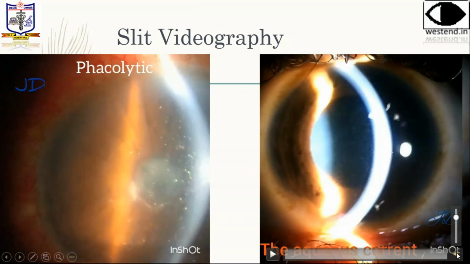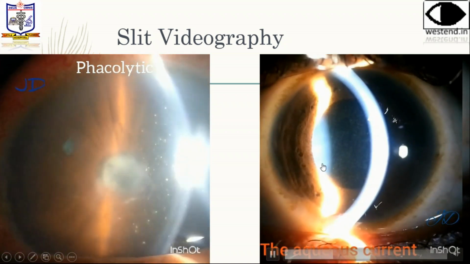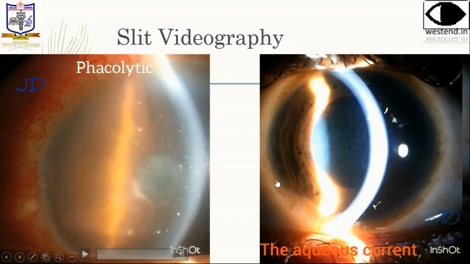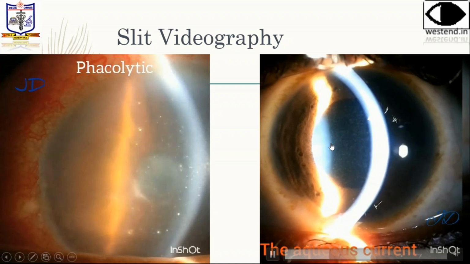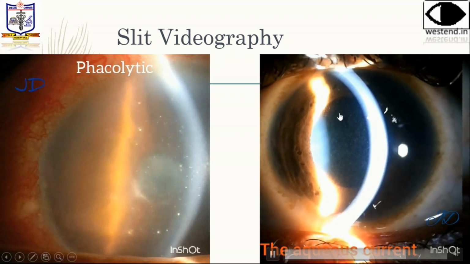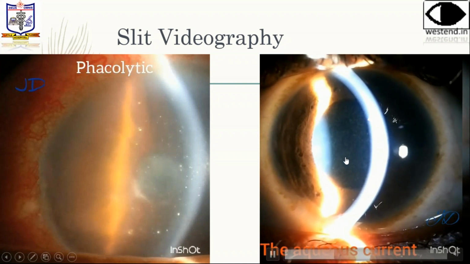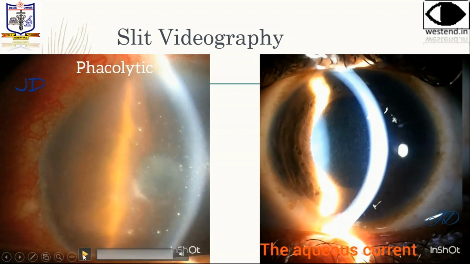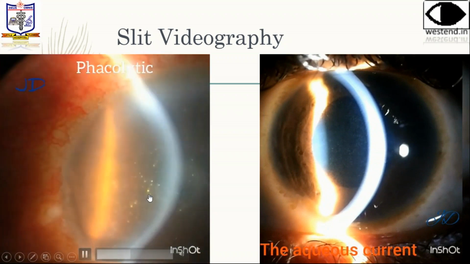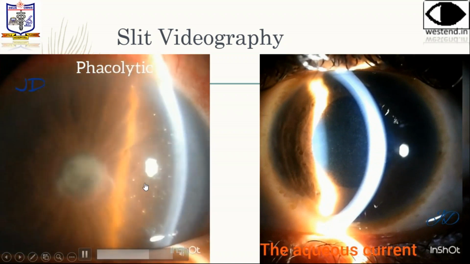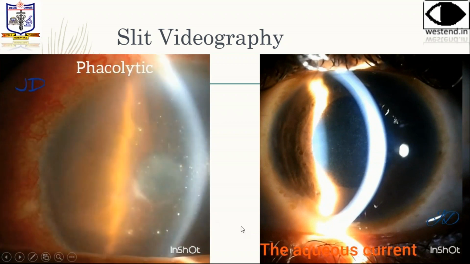This is on the left, a phacolytic glaucoma. On the right, these are the normal aqueous currents in a post-operative patient. So this is a post-op uveitis. You can see the movement of the aqueous demonstrated by the flow of the pigments in the anterior chamber. On the left, you can see the sparkling lens particles, which also follow the flow of aqueous in the anterior chamber, which is this direction. On the iris, it rises up, and at the cornea, it comes down.